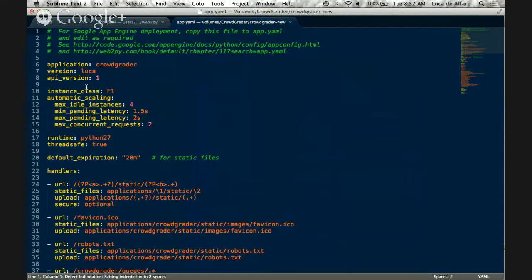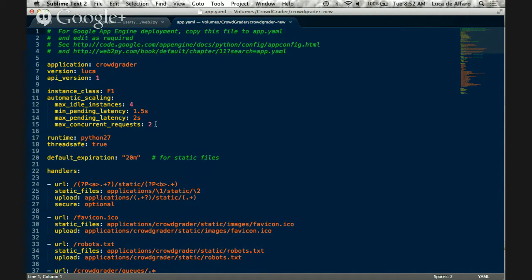I say max idle instances for. Minimum pending latency before I spin up a new instance is 1.5 seconds. Maximum pending latency is 2 seconds. I don't want any request to wait for more than 2 seconds, otherwise I spin up a new machine. Max concurrent requests is a max concurrent requests per VM, and I set it equal to 2. Why do I need to pay a lot of attention to these max concurrent requests?